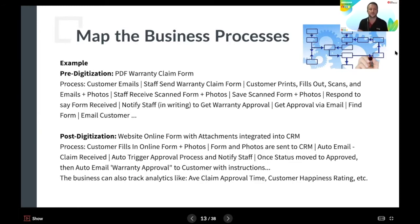time-consuming process, whereas you can digitize it by having an online tenant application form where they fill in, they have